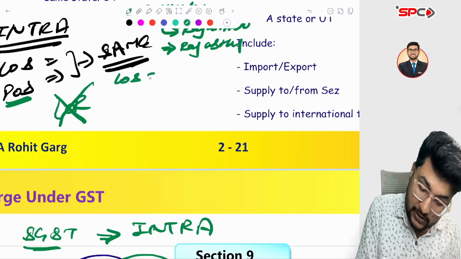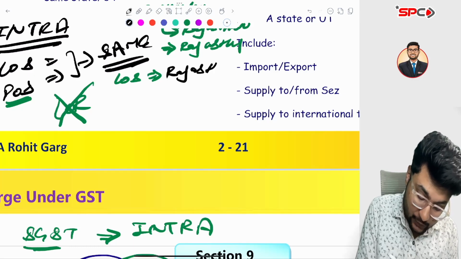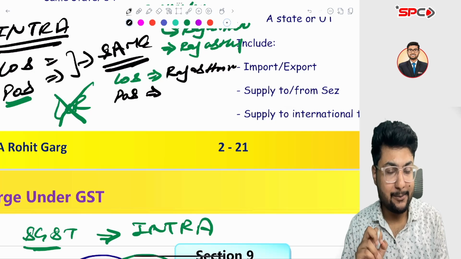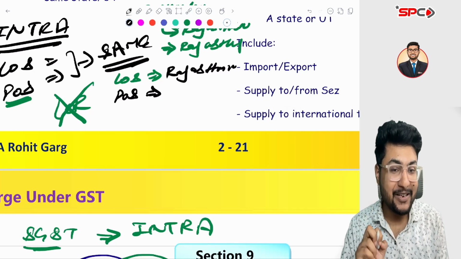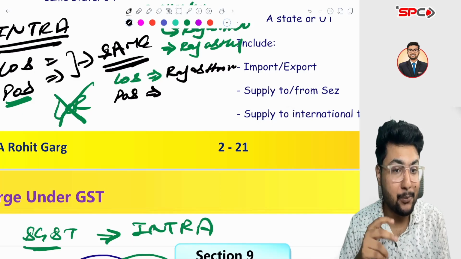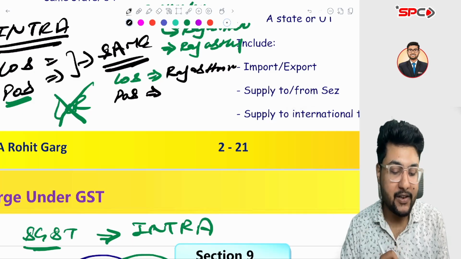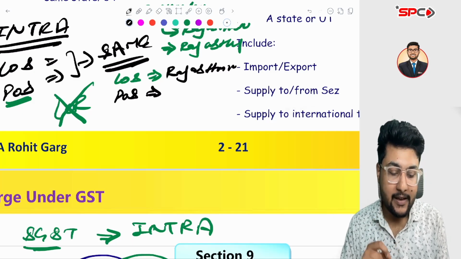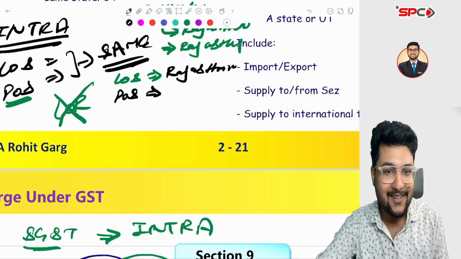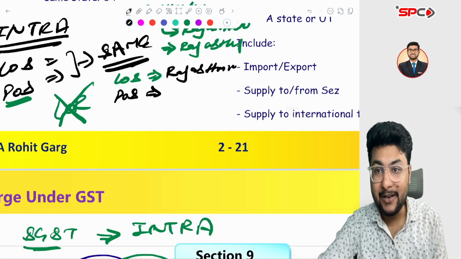In this case, the location of supplier, of course the hotel owner, belongs to Rajasthan and is registered in Rajasthan because the property is in Rajasthan. And for place of supply, you have studied the place of supply chapter. In case of an immovable property, section 12 will apply, and it is specifically covered: if the property is in India, then the location of the property will be the place of supply. Are you getting my point?